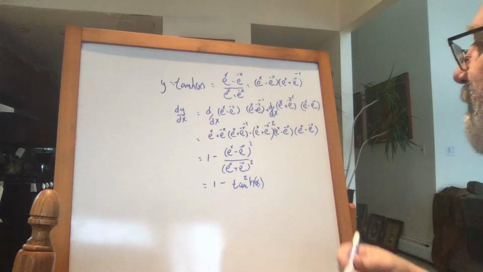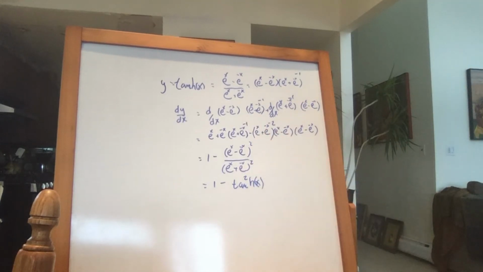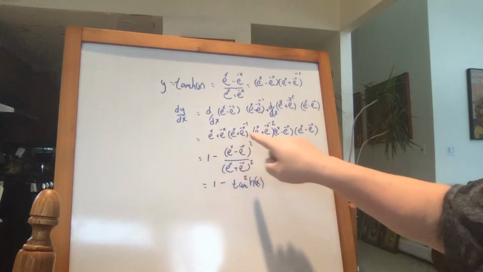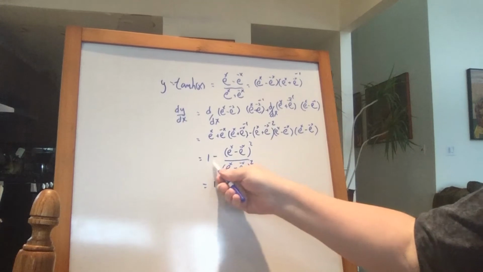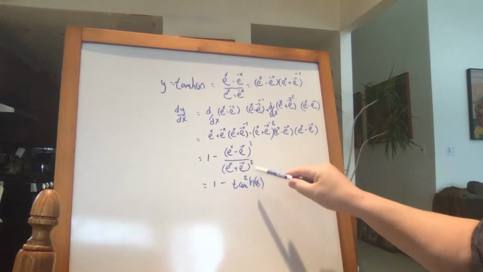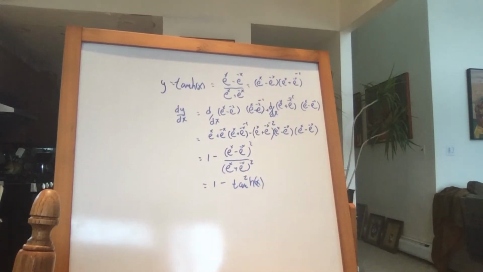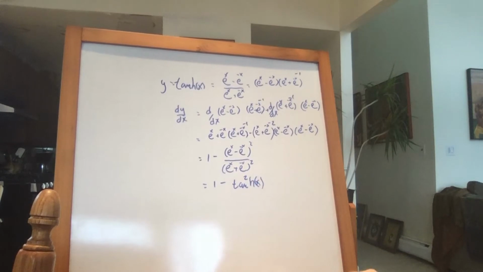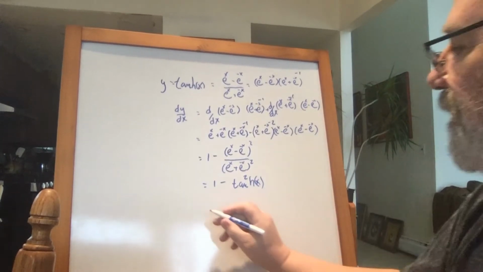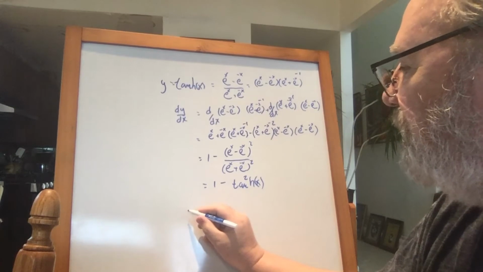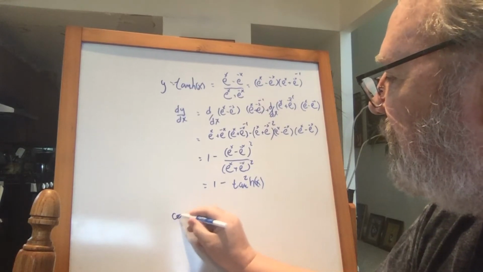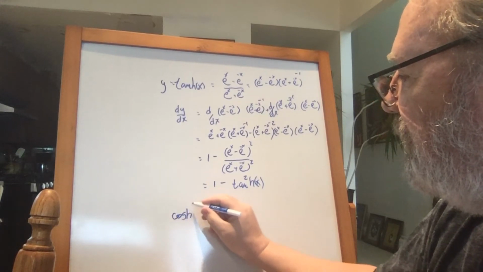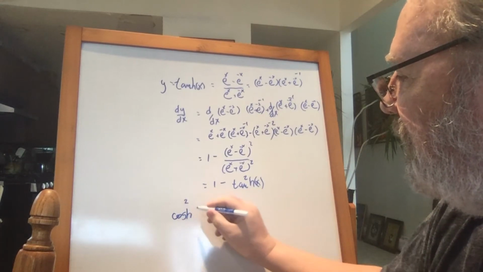And that's our power rule. And this is what we end up with: 1 minus the hyperbolic tangent squared of x. But if we look at this carefully, we have the cosh squared x